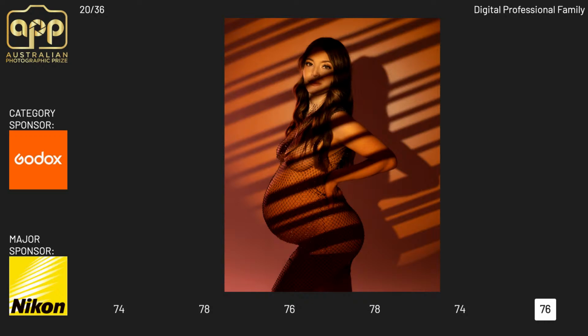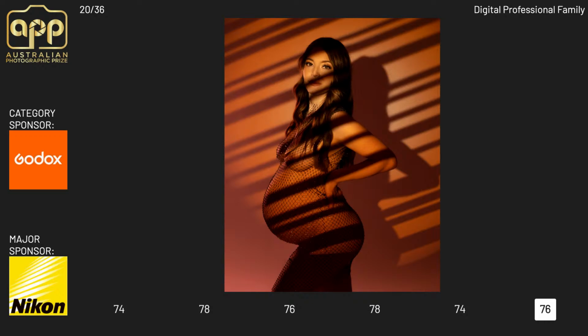We have a score of 76, and you're all very close there. Can I get a comment, please, from Francis? Yeah, lovely portrait, well styled. The choice of the warm colours, so close to giving birth, I thought that works really, really well. I'm just a little bit unsure about that shadow that goes right across her face, because I think that's possibly not needed, so probably just a little change in the light.